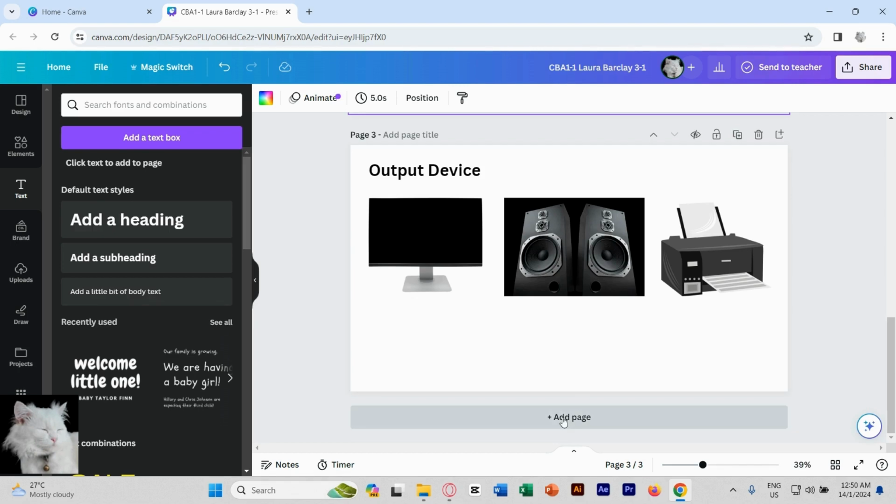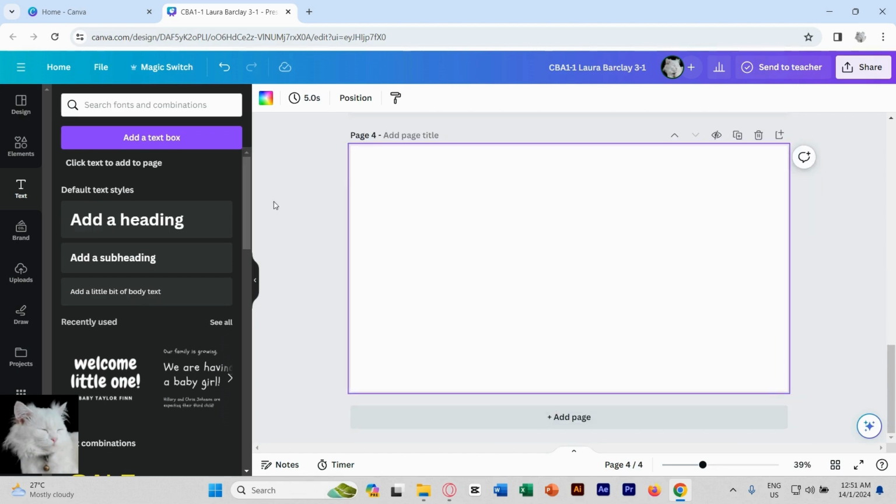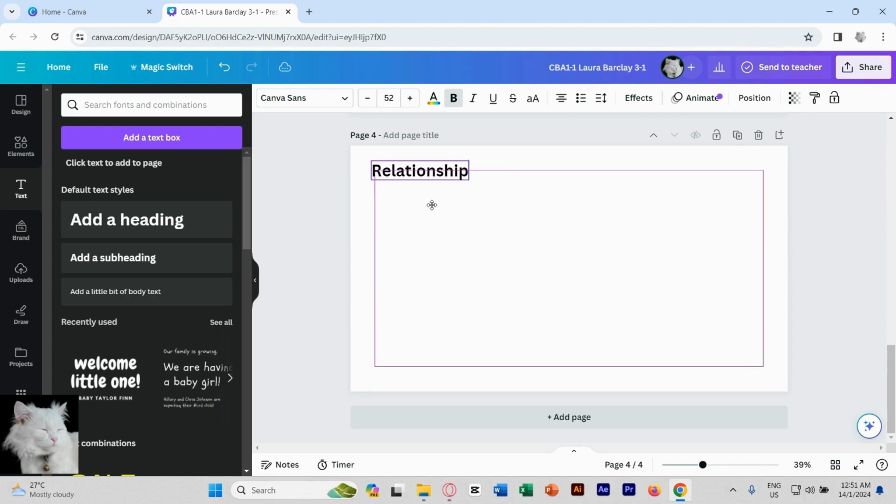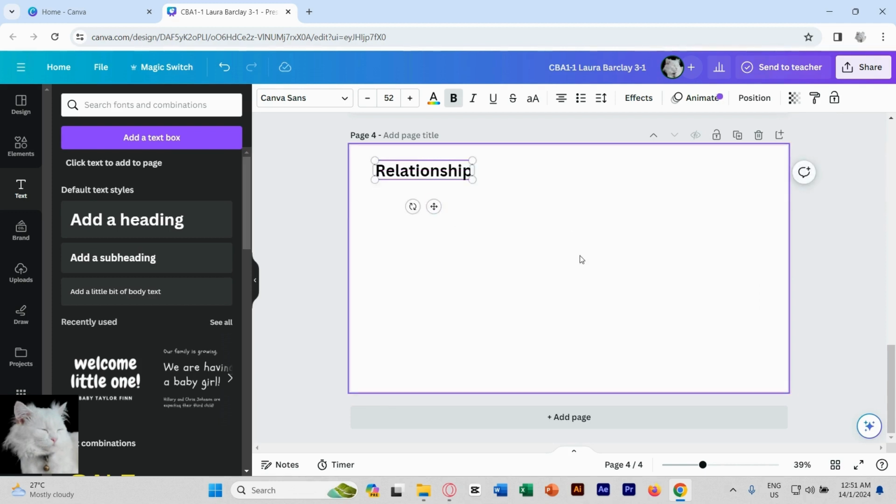Okay, and then we're gonna go to the last page. So we're gonna add a new page, which is page 4. And we're going to add a subheading. This time, this is going to be called relationship. Okay. We want to demonstrate the relationship between an input device and an output device. So one of the examples I'm going to show you is that